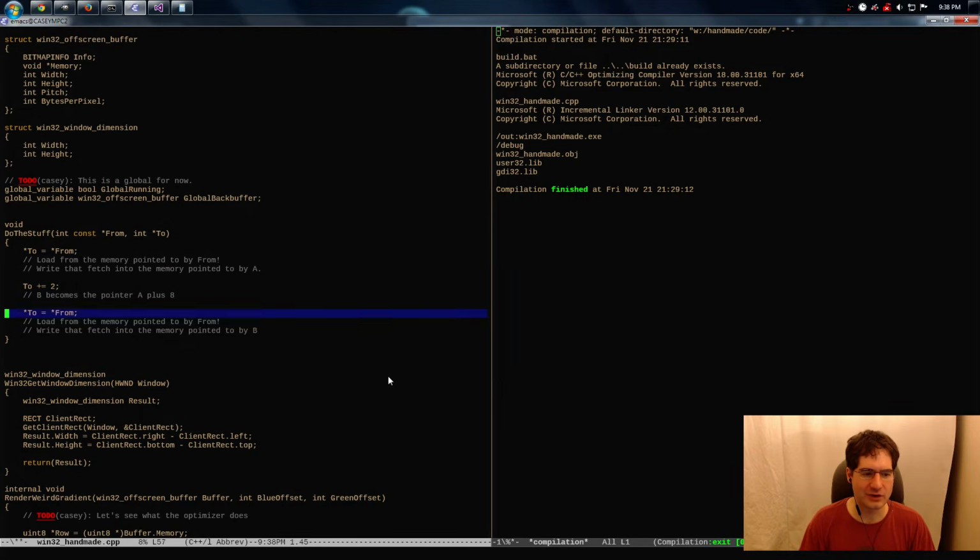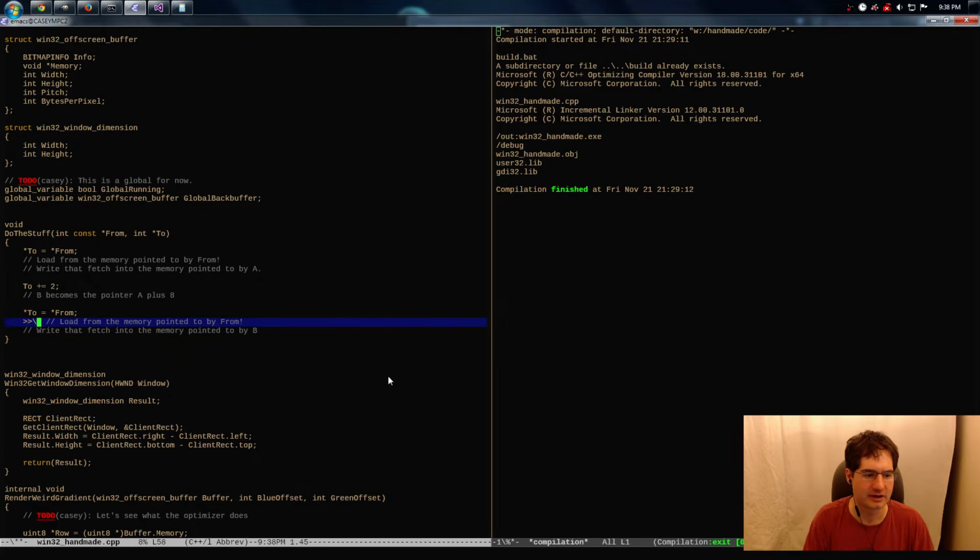If we just think of these as instructions, that is 5 instructions, right? Who knows exactly what they translate into depending on the circumstances, but there are 5 logical things that have to happen here. It has to do a load, a write, an increment, another load, and then a write. Now, what you want an optimizer to do, and the whole point of an optimizer, is to